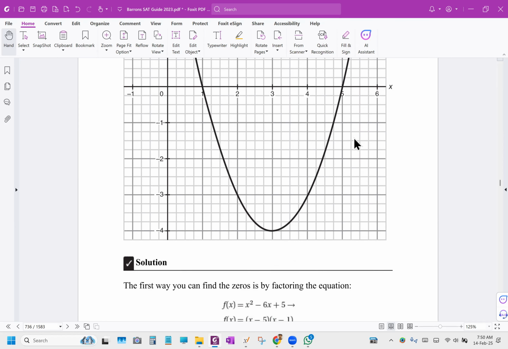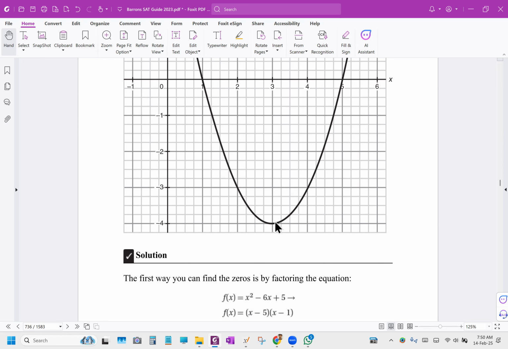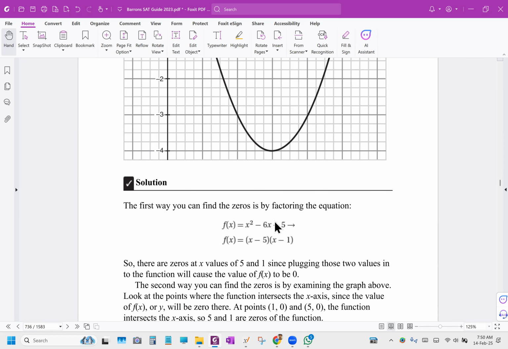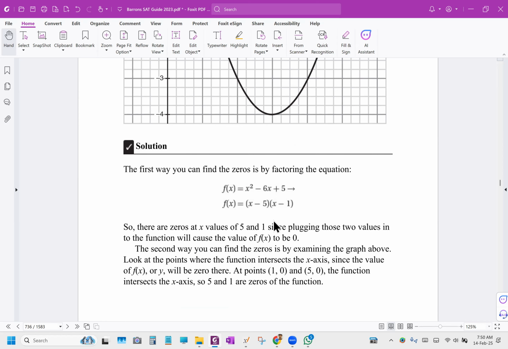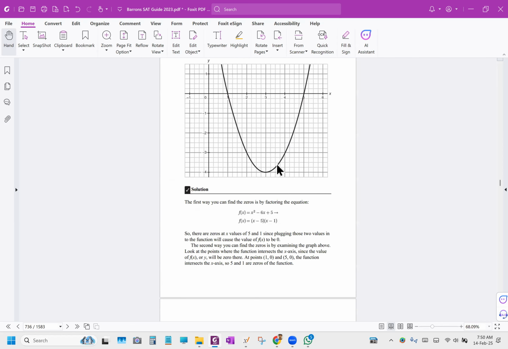And then what is the vertex? How do you find this vertex? Just guess. How can you find the vertex of this parabola? Looking at the middle point. You can look at the middle point,